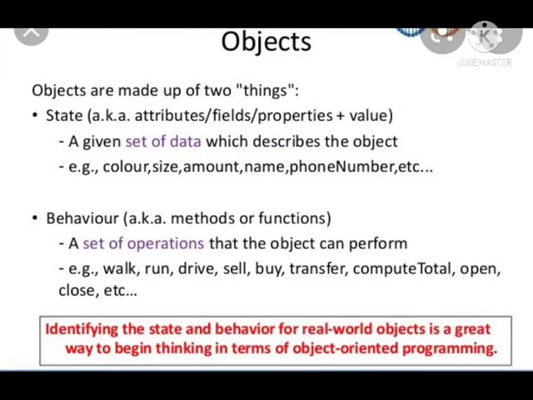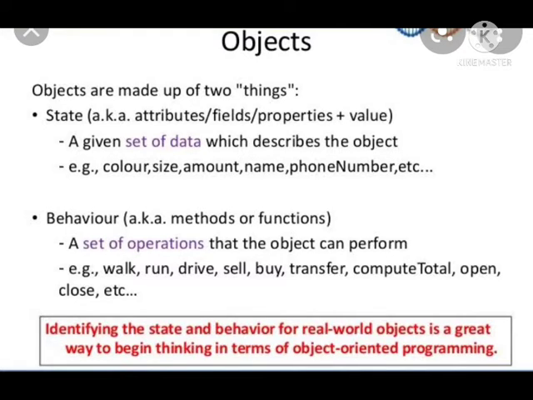Now start. What are the objects? Objects are the real-world entities that can be anything, any name, any person. The things that you see around you are called objects. Around us we see table, chair, book, bike, football, ball, watch. These all are called objects. These are real world objects.